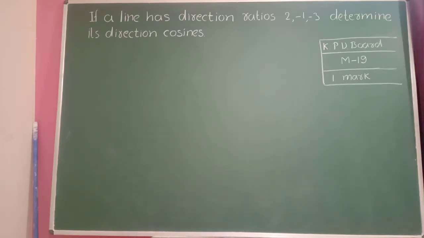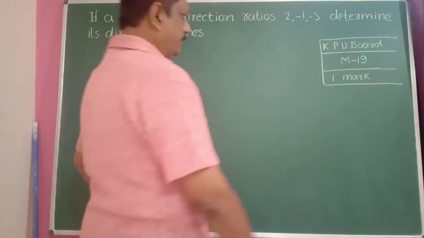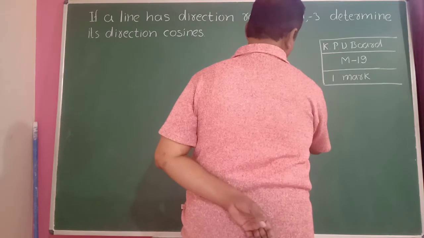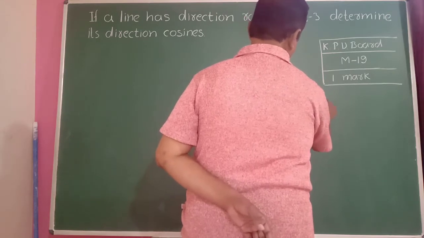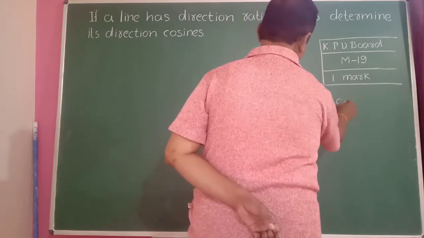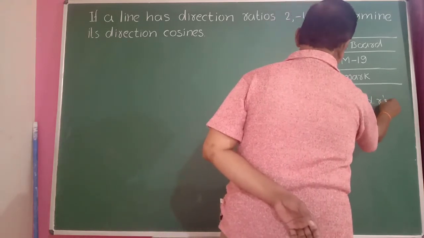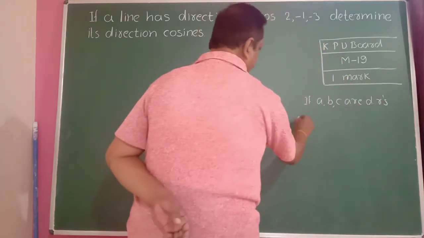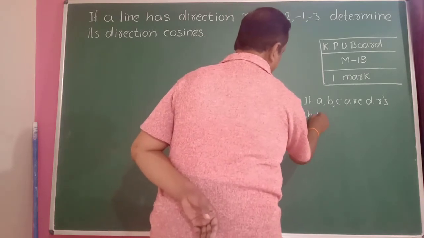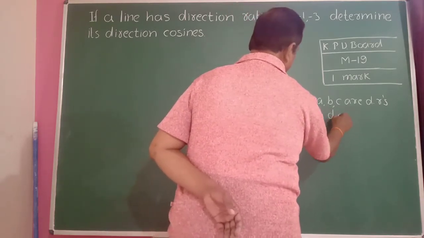So if a line has direction ratios 2, minus 1, minus 3, determine its direction cosines here. Okay. So you know that if A, B, C are the direction ratios, then direction cosines